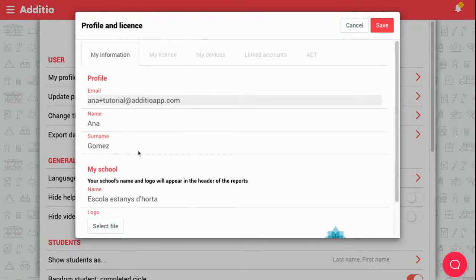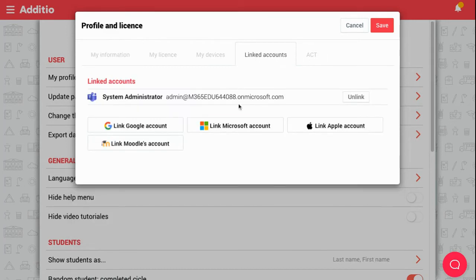Inside your profile, you will find this tab called linked accounts, and here you have to check if you have already your account linked. If not, one square like these ones will appear, and you will have access to do the linking with Teams and Additio. Once you have both platforms integrated and linked,